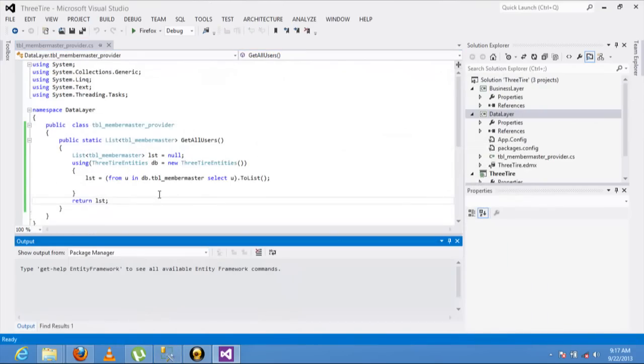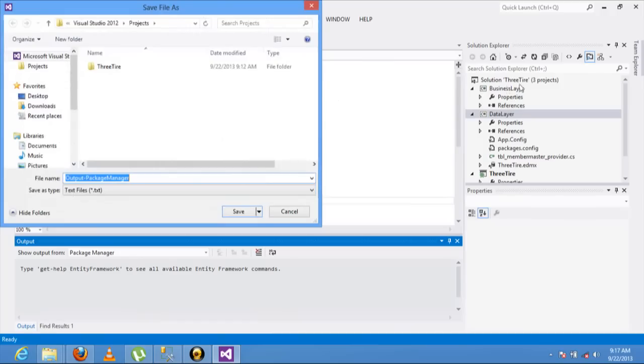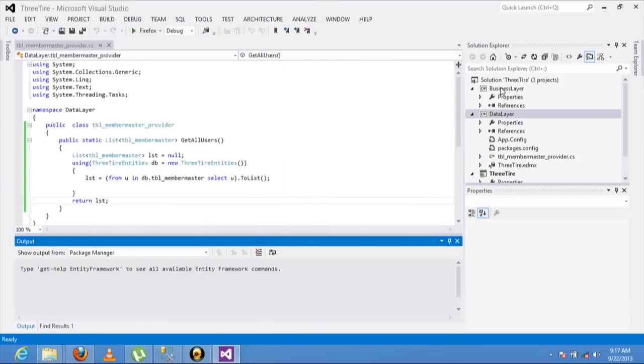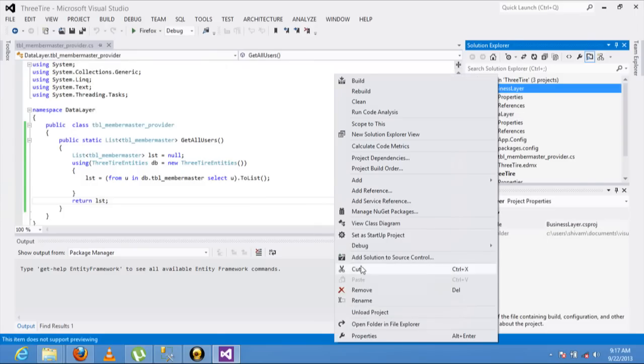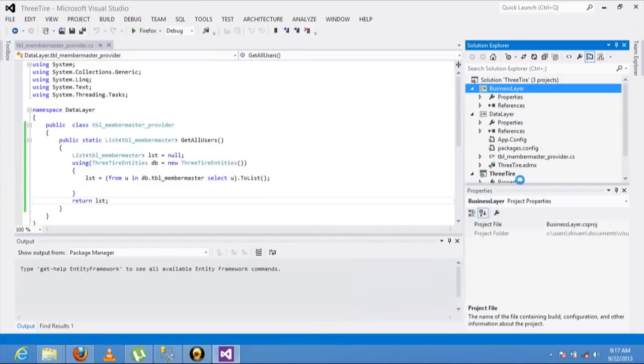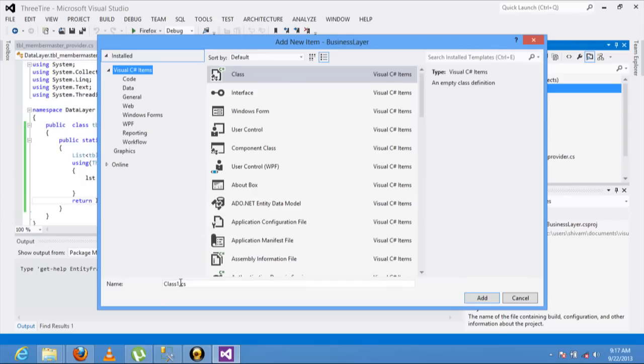Now go to the business layer and also include a new class, named tbl_member_master_services.